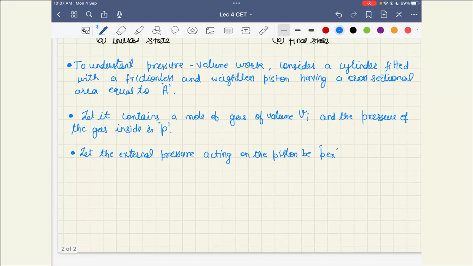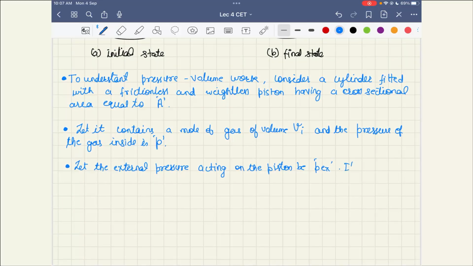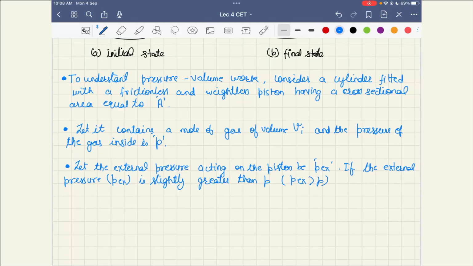Okay, and if the external pressure, which is PEX, is slightly greater than P, that is PEX is greater than P, then